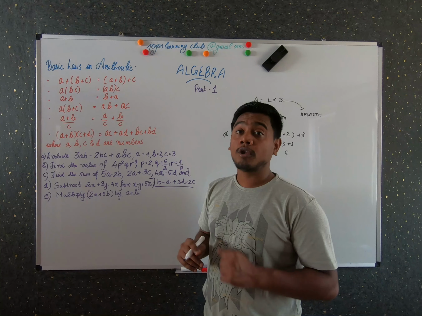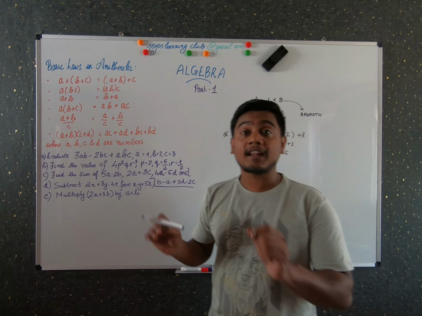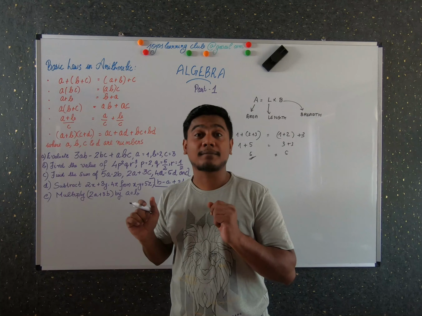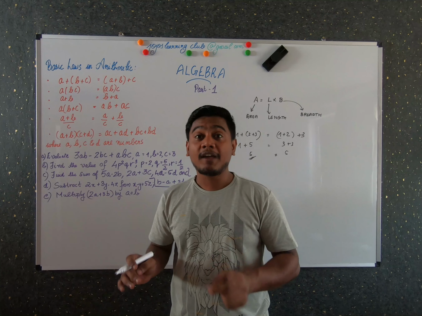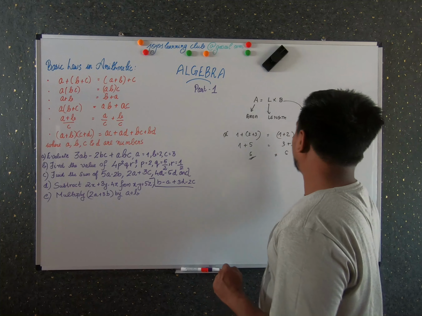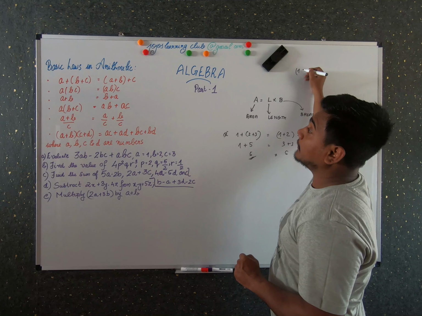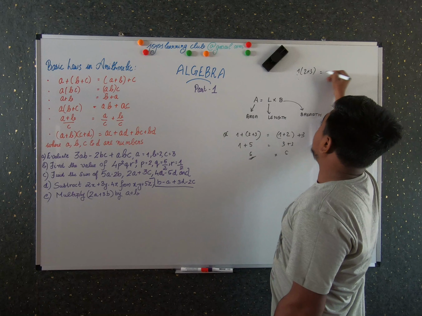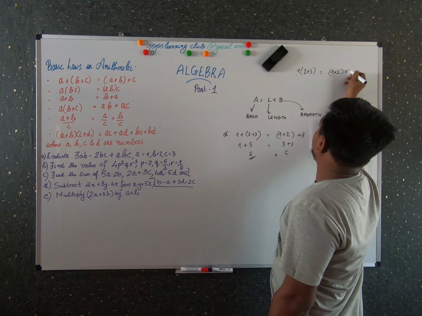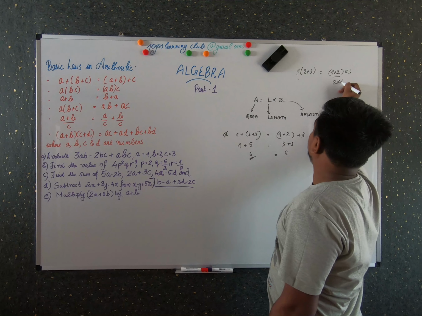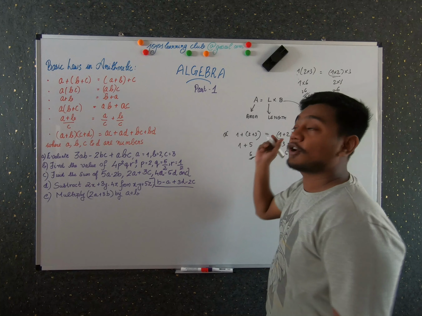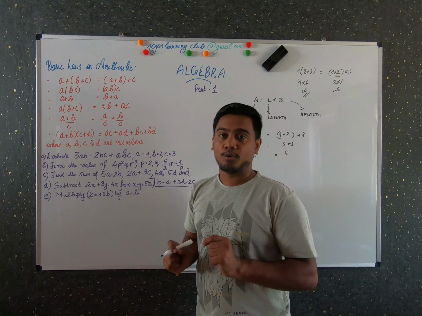And the next law, when you multiply the second and the third number and then multiply with the first number, it is same as multiplying the first and the second number with the third number. For example, let's take 1 into (2 into 3) is same as (1 into 2) into 3. 2 into 3, which is 6. Again here 1 into 6, here is also 6. So this is what the second law is.